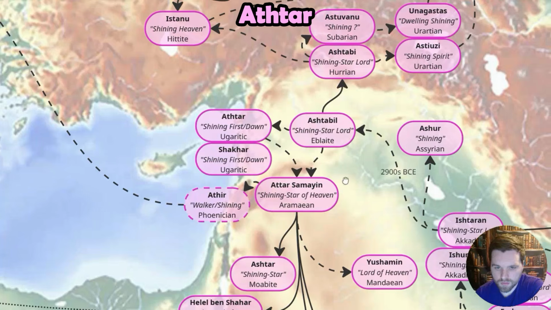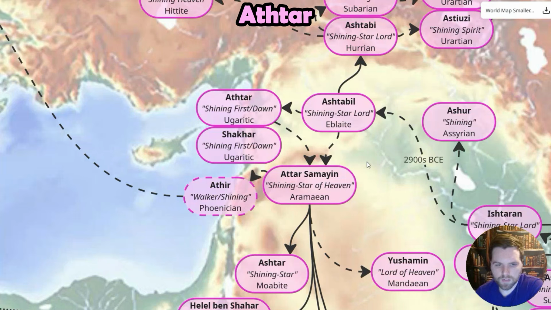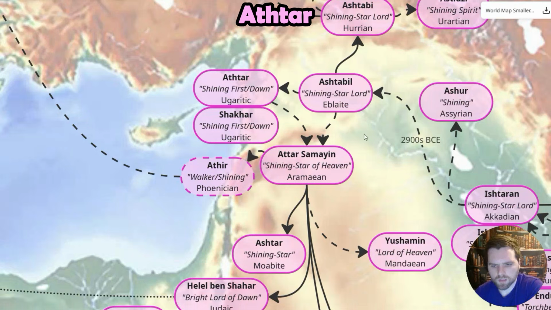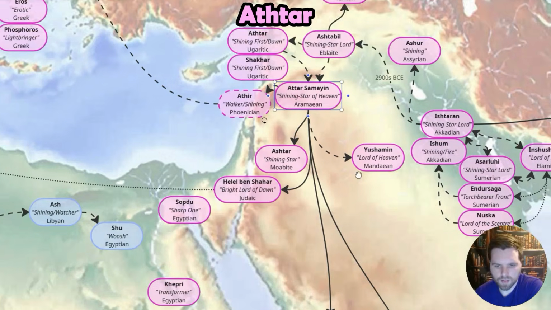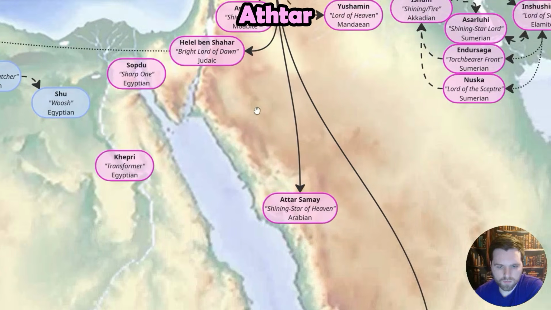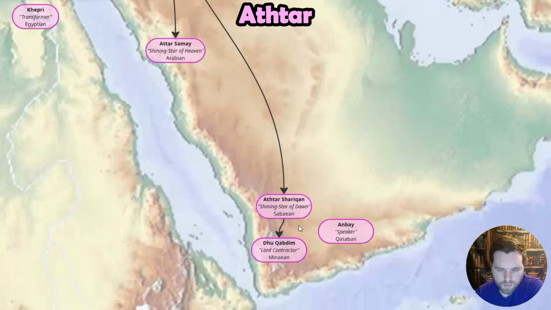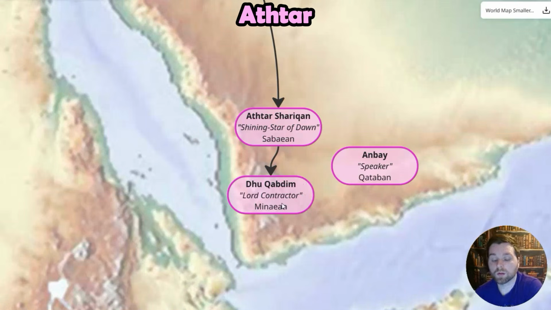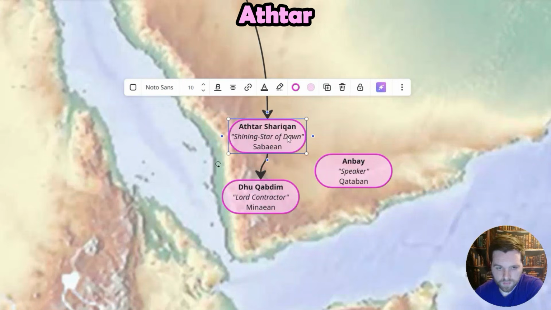Ebla is one of the oldest Semitic cultures, kind of follows the Akkadian contact with Sumerian. The next phase would be Ugaritic, and then the most recent form is this Athar of Aramaic, Aramaean, and we see many forms. Canaanite right here, Ashtar, the Moabites, who fought the Israelites, and we've got Atar Shammai, and Samai, Shamain means heaven. Then we have in South Arabian, which is distinct from the Arabic languages actually and cultures, nonetheless have Athar Sharikon, so Shining Star of Dawn.